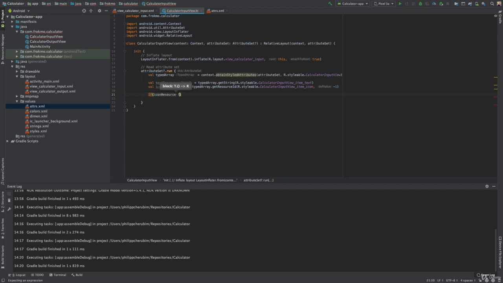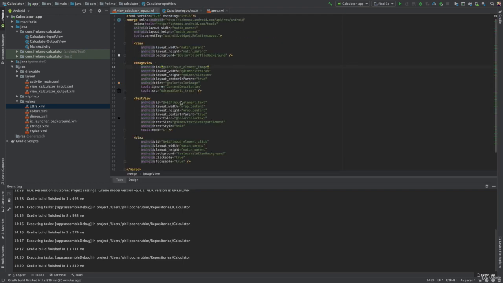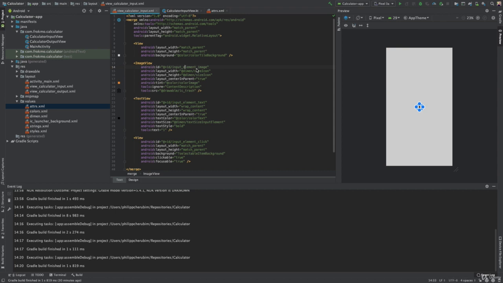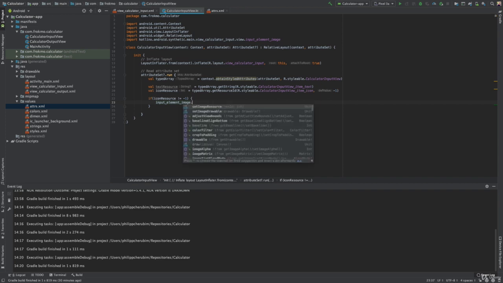So we say if icon resource is not equal to -1. What does that mean? That means that if the icon resource is actually an icon resource and not the default value, -1, then we say input element image. So what is this? This is the ID we set right here. So if you use another ID, just use the other ID right here. And then we can say